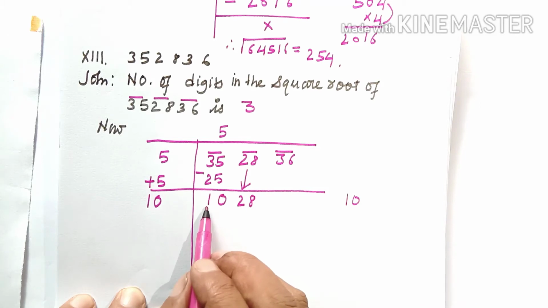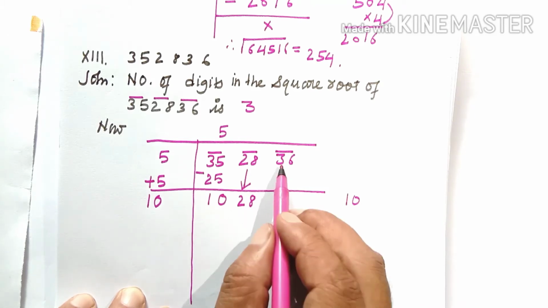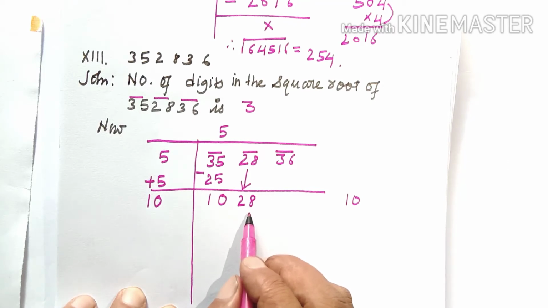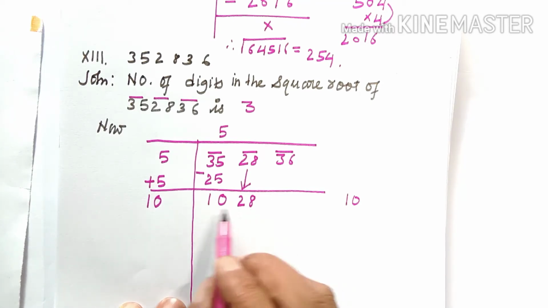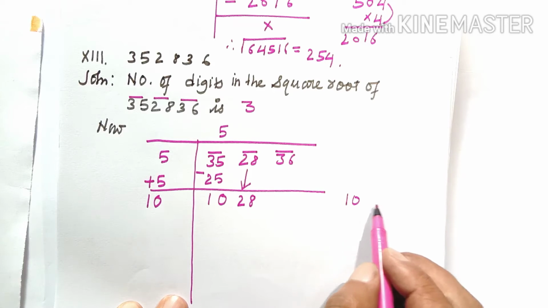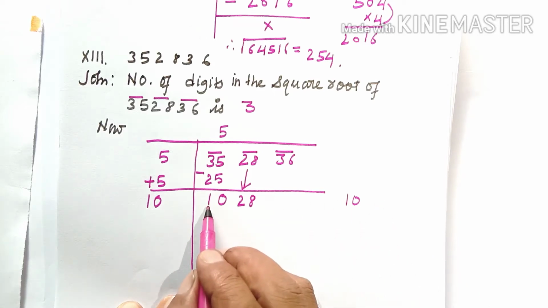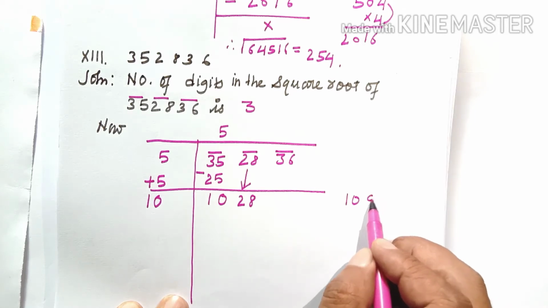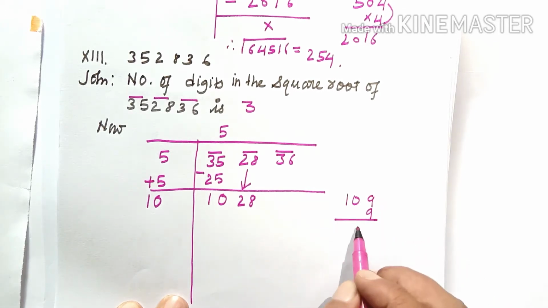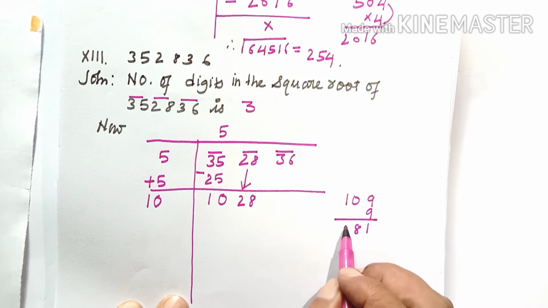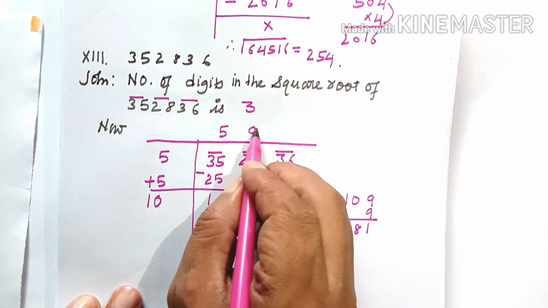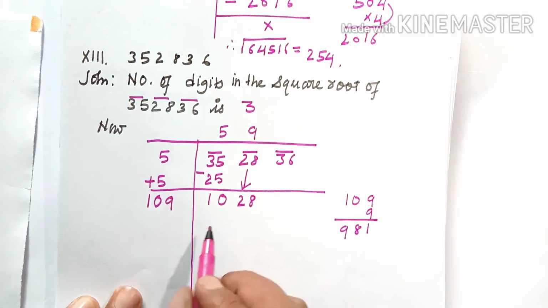Right now you will not get 1028 because I need to bring down 1 more period. So at that time we don't need to check that, that is a unit place. Now you'll have to take here a rough value less than this or equal to this. So we'll have a try with 9. So now 9 9s are 81. 9 into 1 is 9. So we can take this value. So here 9, even here 9. So after that here